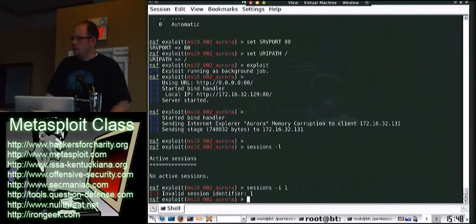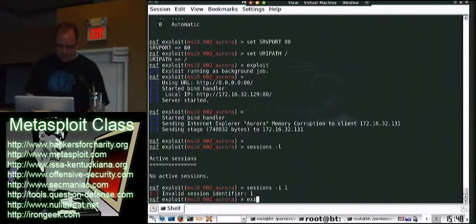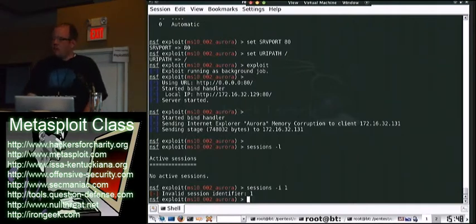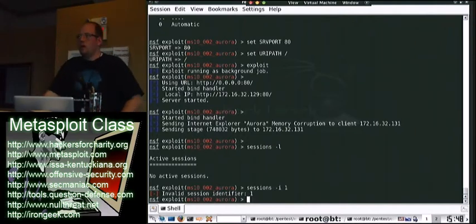Yep. Cool. So now you have an interpreter console. Any questions on that? Is there at least one exploit for each browser? Yes, generally yes. There's Firefox in Metasploit. I believe there's Safari. There's Opera. So yes, there are exploits pretty much for every single browser out there. Obviously, there's more for Internet Explorer than there is for Firefox or Opera or Safari.